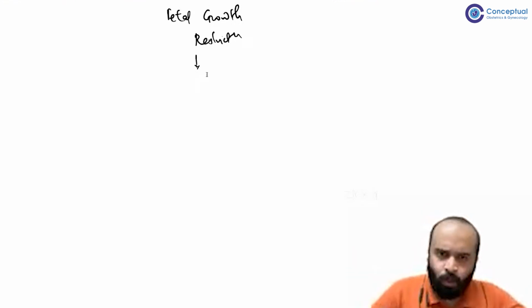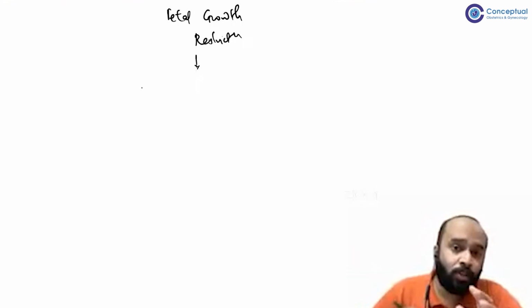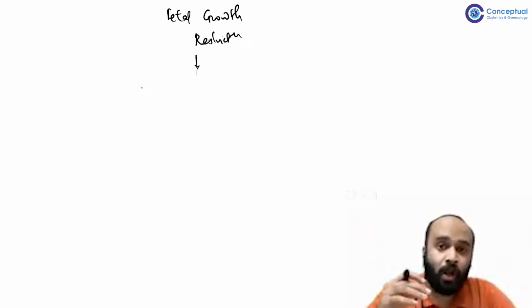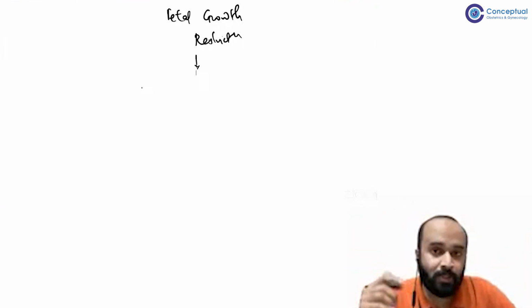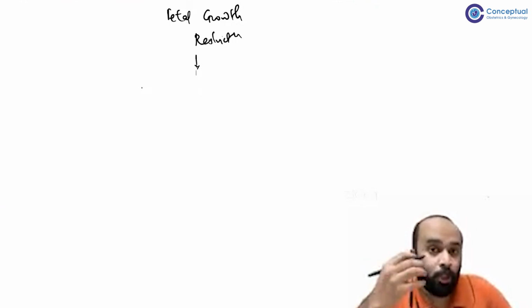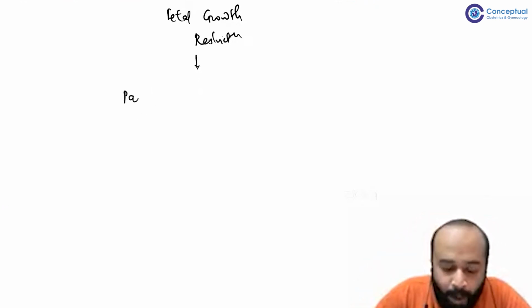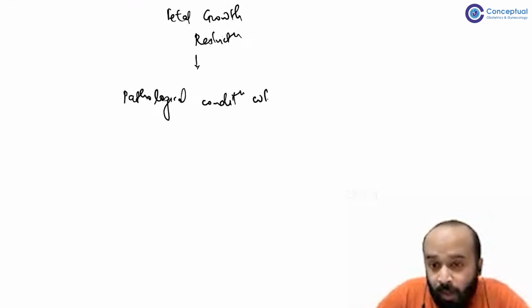So first of all, what is the definition? One definition is the one that explains what FGR is. The other definition is how FGR is diagnosed. So the first is how it is defined verbally through words. It is said to be a pathological condition where the fetus hasn't achieved